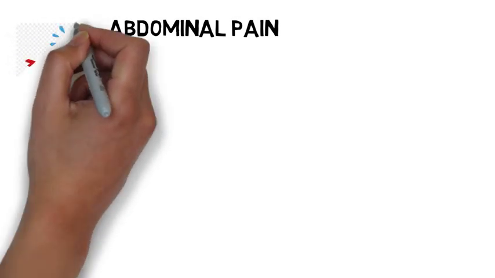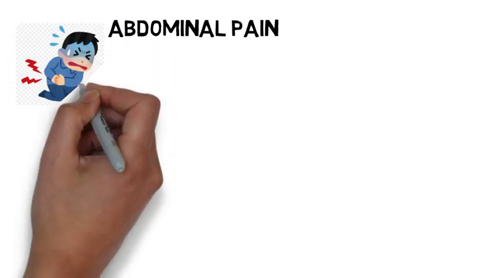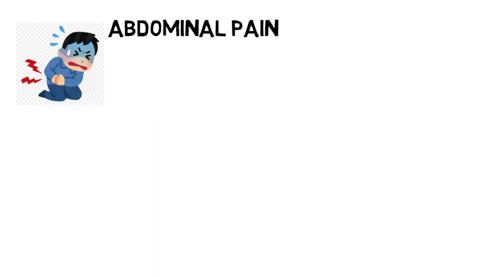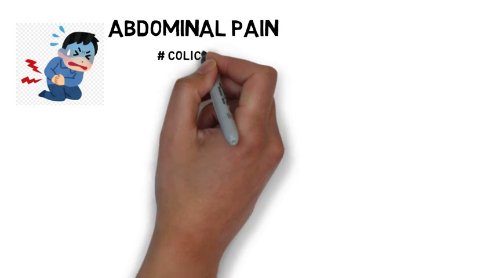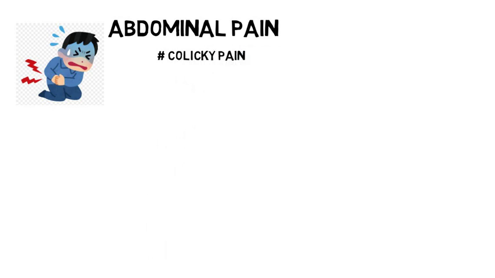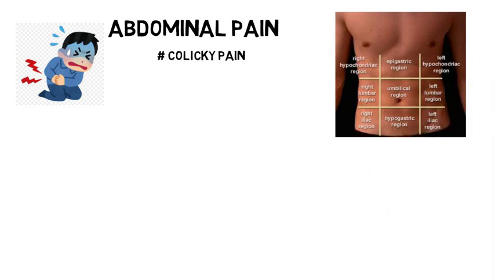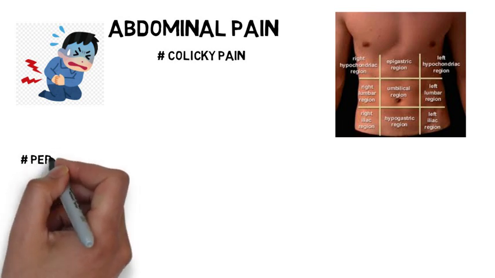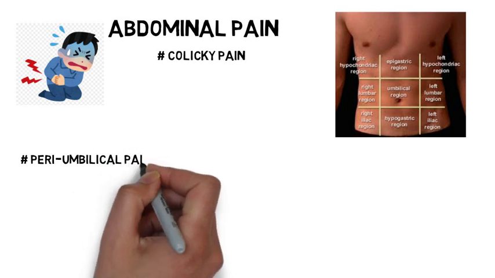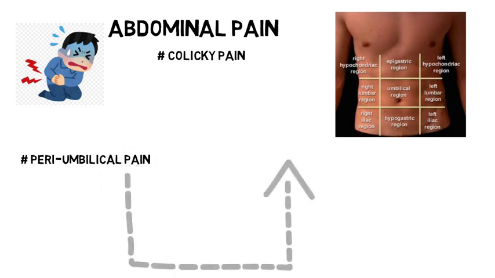Now, talking about the abdominal pain that occurs in appendicitis, you can see in the figure the boy bearing the pain. And I've already told you the type of the pain, that is colicky pain. Now look at the regions of the abdomen, periumbilicus and right iliac region, we shall know perfectly here. And the pain usually transfers from the periumbilical region to the right iliac fossa as the inflammation occurs.